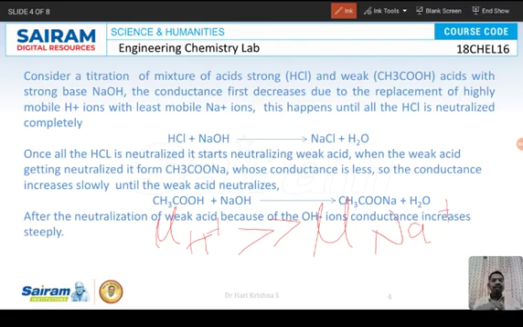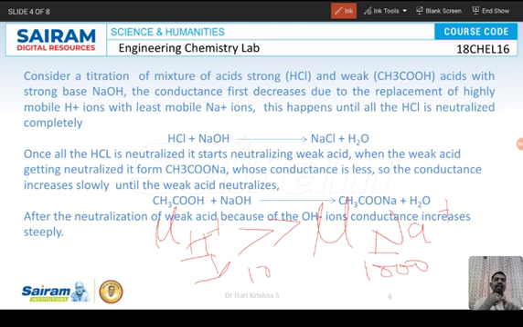ion. So when you compare H plus and Na plus, the mobility of H plus ion is more. So when you take a solution which contains H plus ions and Na plus ions, if the concentration of H plus ion is less, then conductance will be less. Even though the concentration of Na plus is 1000 and you have only 10 of H plus here, since the concentration of H plus ion is less, the conductance will be less. It's the other way around: if the H plus ion is more and Na plus is less, then conductance will be more.